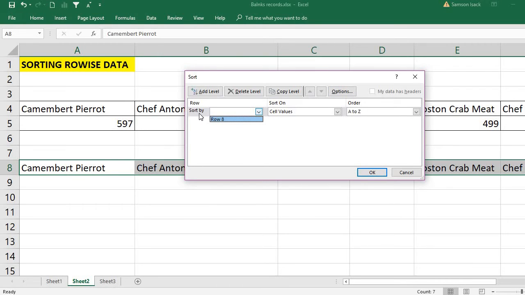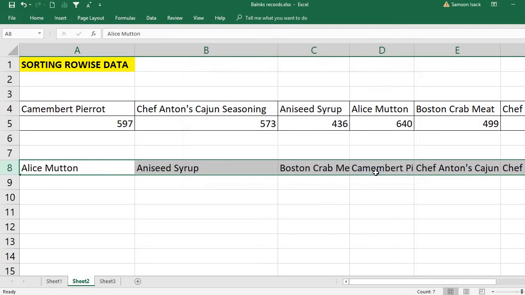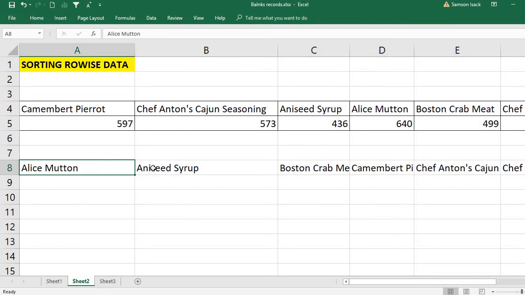So row sort. What we need to do is select the row number 8, then press OK. Then you can see the data is sorted in the row. Similarly, if you want multiple rows to be sorted,